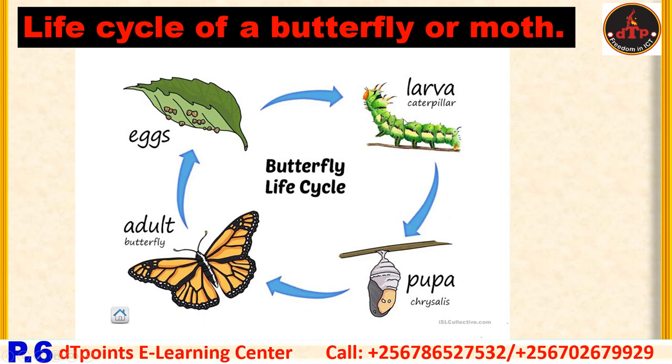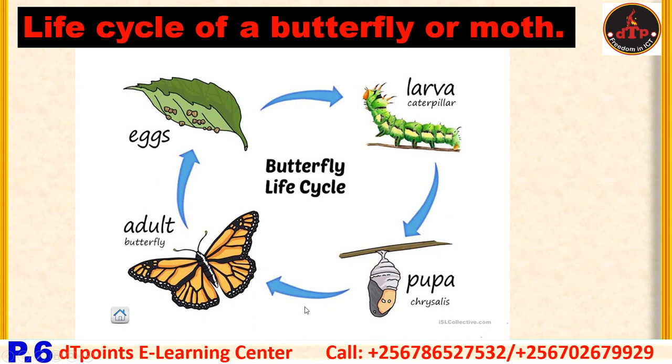After some time, that caterpillar changes into the pupa stage. I said that at the caterpillar or larva stage, it eats a lot of food, and that food is what this insect uses at the pupa stage, because at this stage it does not move, it is inactive. Therefore here it uses the food which was eaten at the larva stage.